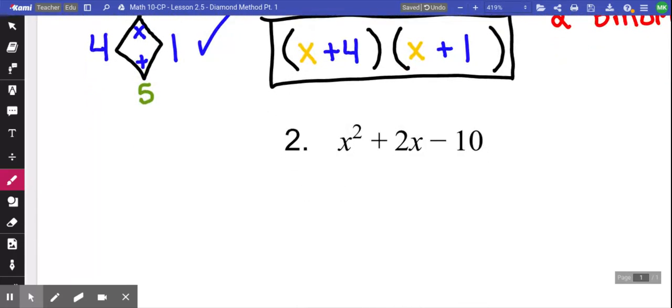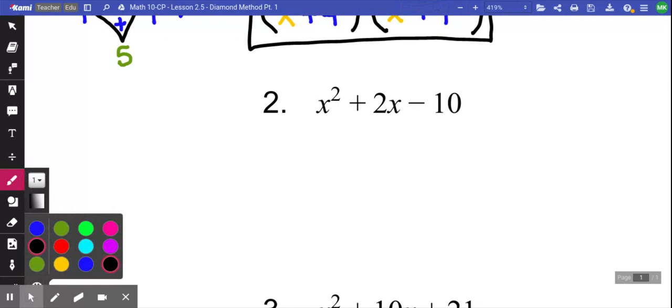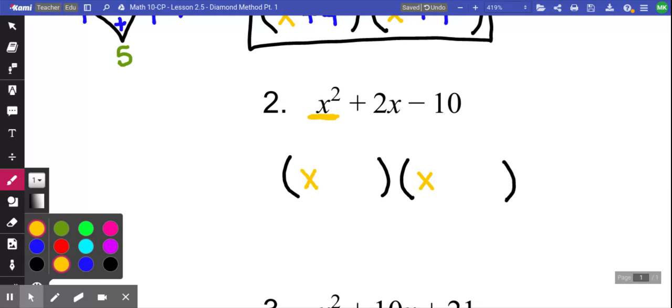All right, I look down here, number 2. We're going to try to factor this. It's a trinomial. Trinomials always come from two binomials. So I know my answer is going to be two binomials. The first terms always come from the first term of your trinomial. So I know the way I could get x squared is if this was x and this was x. They would multiply together to become x squared. The sides of your diamond are what are going to be the second numbers in here. To be able to do your diamond method,